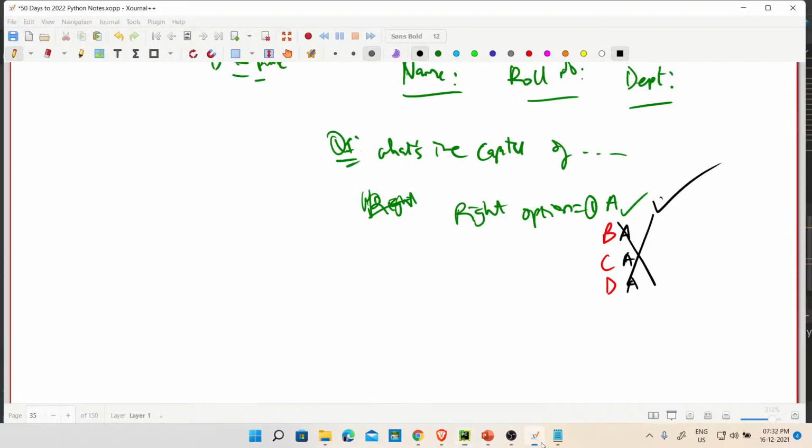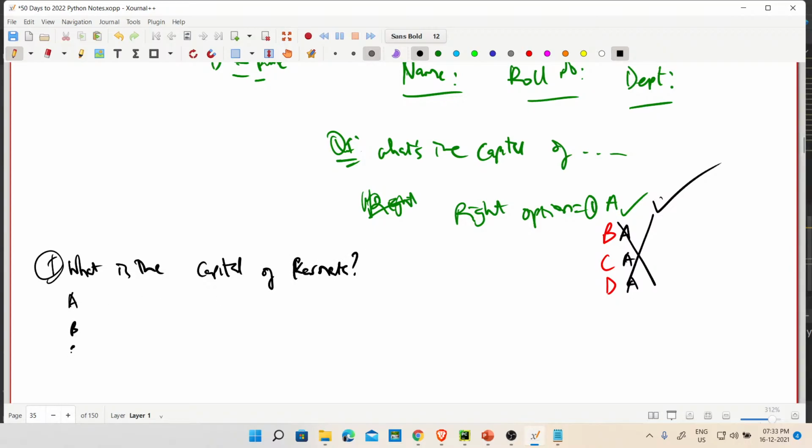Let's go back here. Let's take an Indian scenario now. What is the capital of Karnataka? This is the question. In this question there will be multiple options: A, B, C, D. 1 is Bangalore, 2 is Delhi, 3 is Pune, maybe 4 is Goa or something.